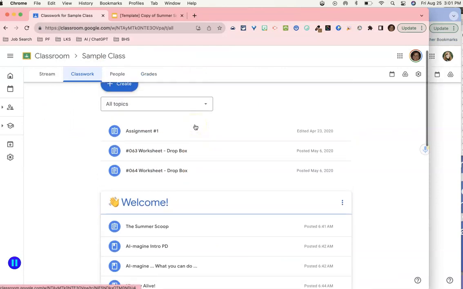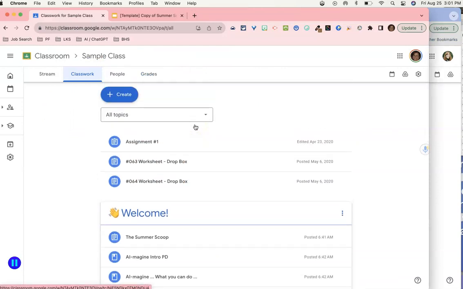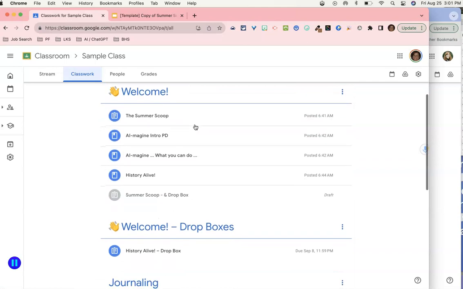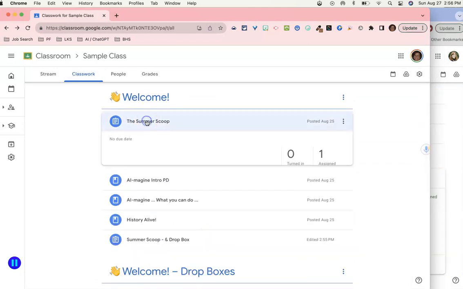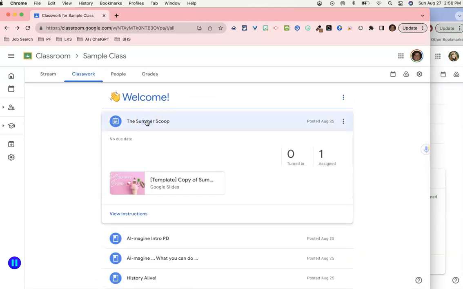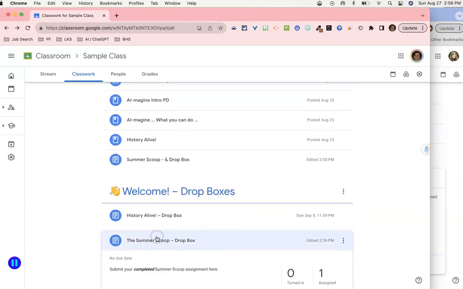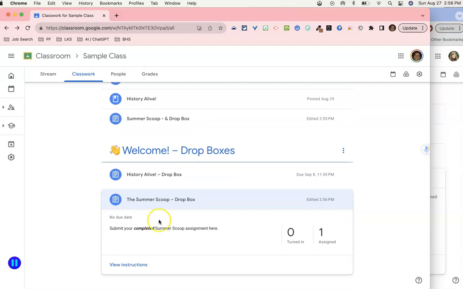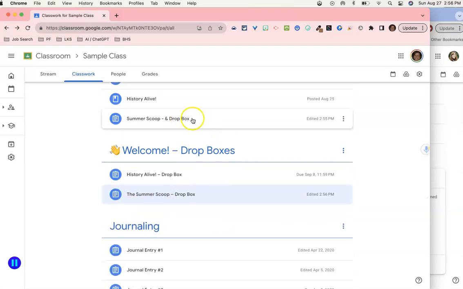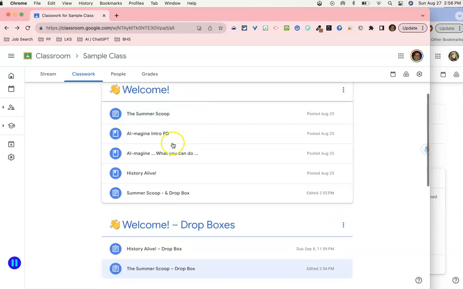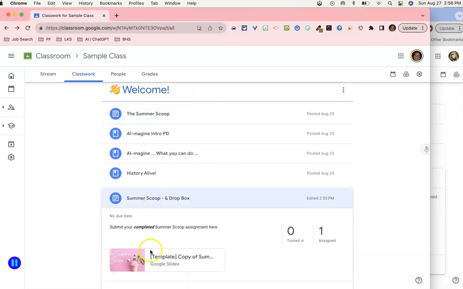When giving students work and then asking them to turn it in, there are a couple of different ways you can do it. You can make one assignment that simply has all of the artifacts that they will need throughout this unit and make a Dropbox. I have my Dropboxes in a separate topic for each of the different units, so there is no attachments here. You could put this up in here as well,